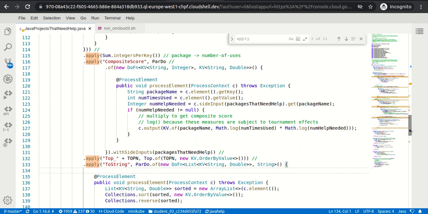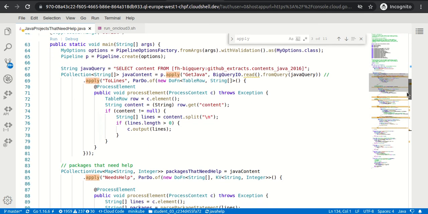But we can see the number of steps, and I am not sure what all these steps are doing. Just by reading, I have some idea. They are running a BigQuery read query. We have put a query like select content from the particular bucket. So this step is executing that particular query.